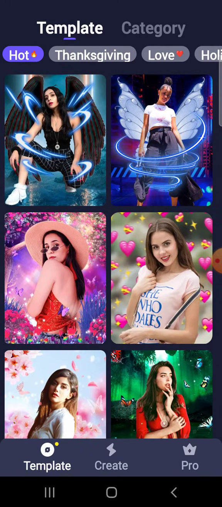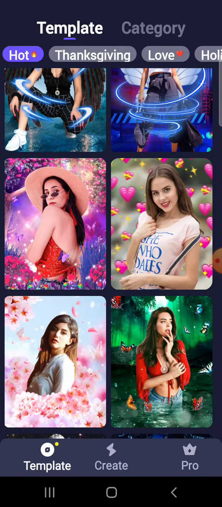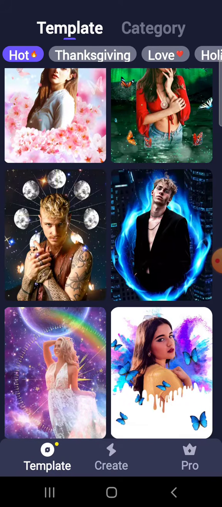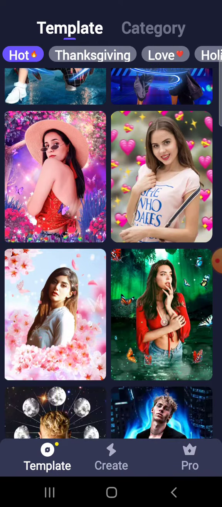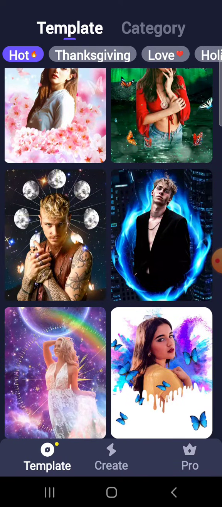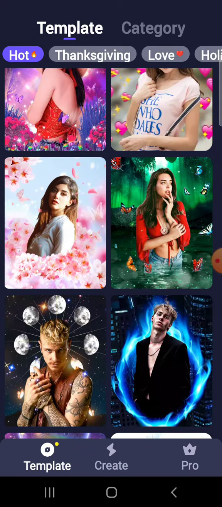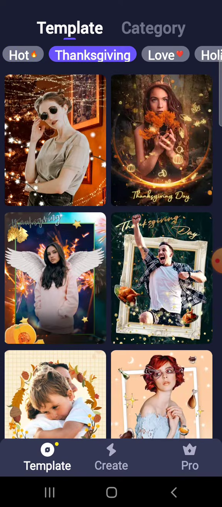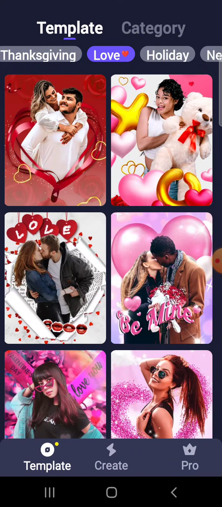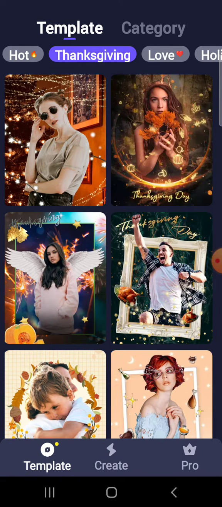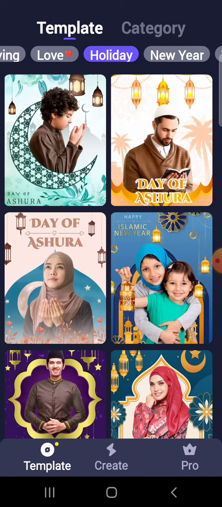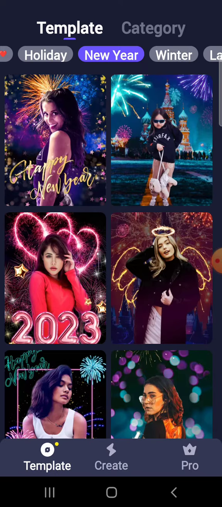Okay, if you want to learn how to edit some photos, you can buy this editor software. So first you touch the sample, and then you can find other templates you like. You want to find the hot one, or Thanksgiving, or love, holiday, New Year, winter,